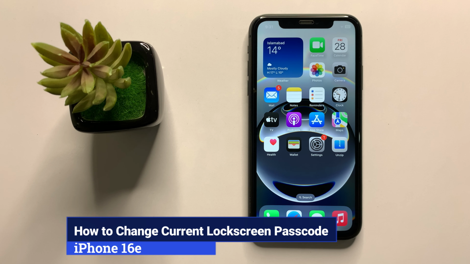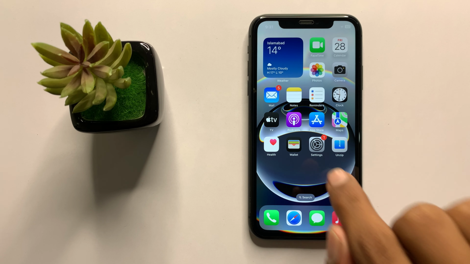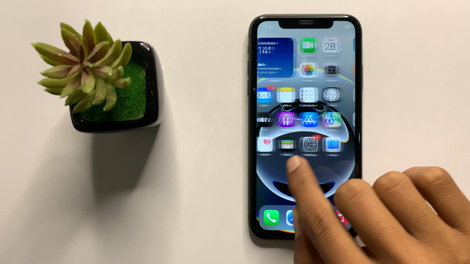How to change current lock screen passcode in iPhone 16e. So let's start the video. First of all,